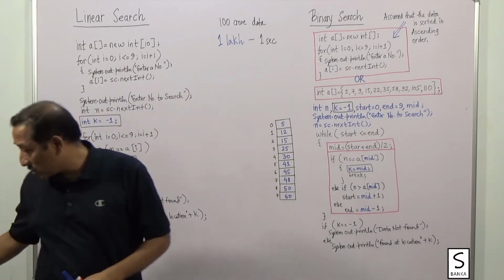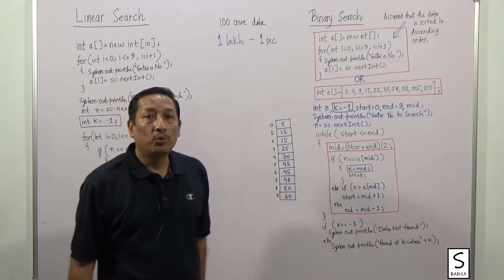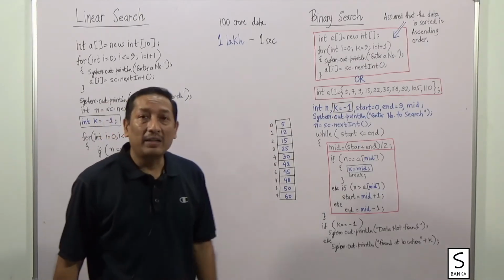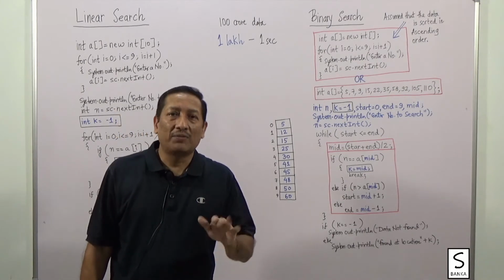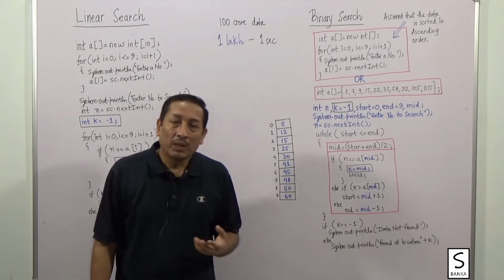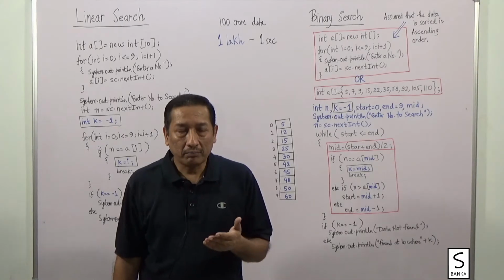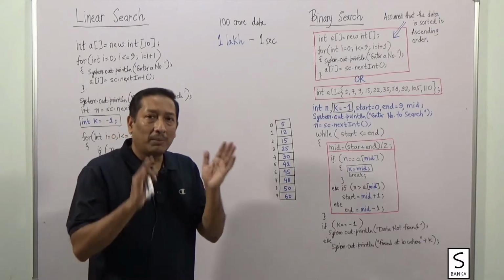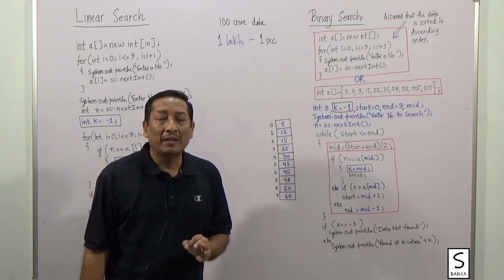Now, the binary search technique has a condition. It requires the array to be sorted. You see, I have sorted the data here. That is the precondition of binary search, and sorting itself is a very time-taking process. We are not going into that. There are techniques available which sort the data very quickly at the time of entering the data. That is out of our domain, so we are not going into that. We simply assume that our data is always sorted, and on always sorted data, binary search is very